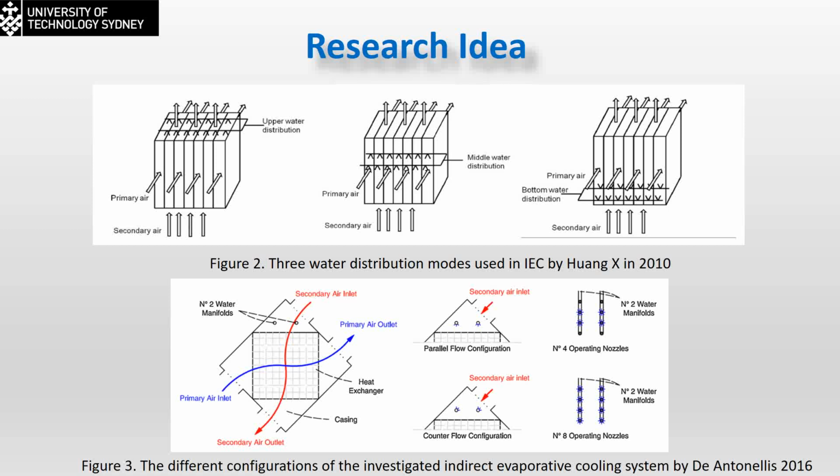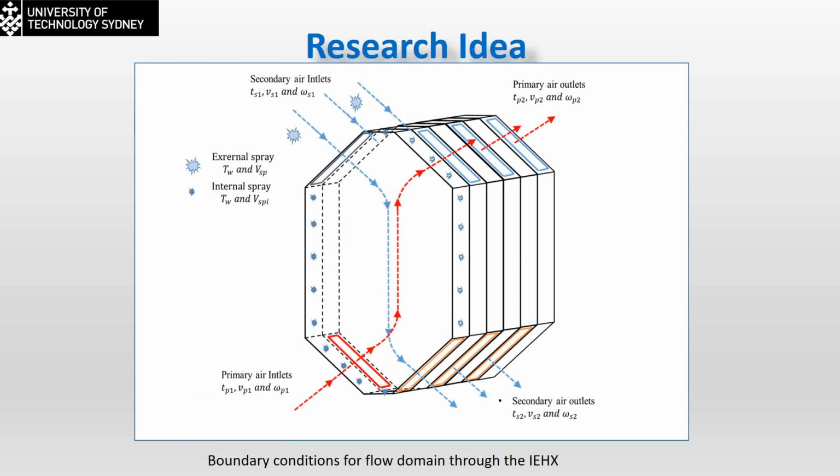So I thought about this system. Internal micro nozzles inside the heat exchanger plate, which is 6 millimeter thickness only. So this is one of the dilemmas I faced on how to make the nozzles inside the heat exchanger channel. That's the traditional method, having the external sprayers. And these are the internal sprayers.